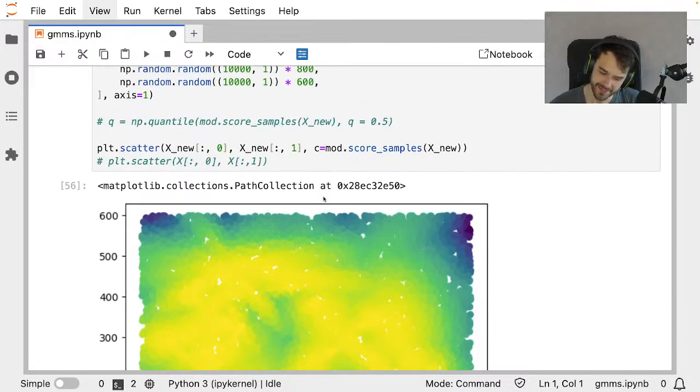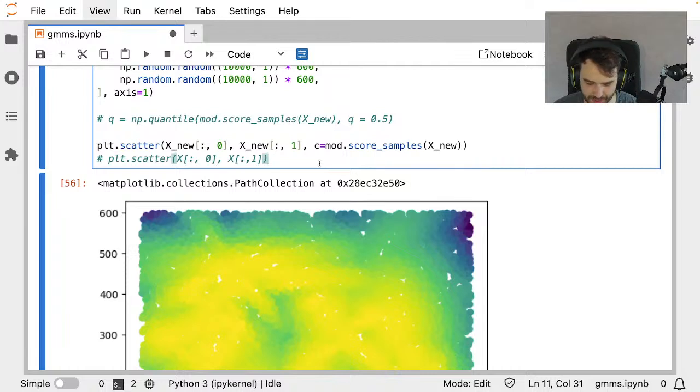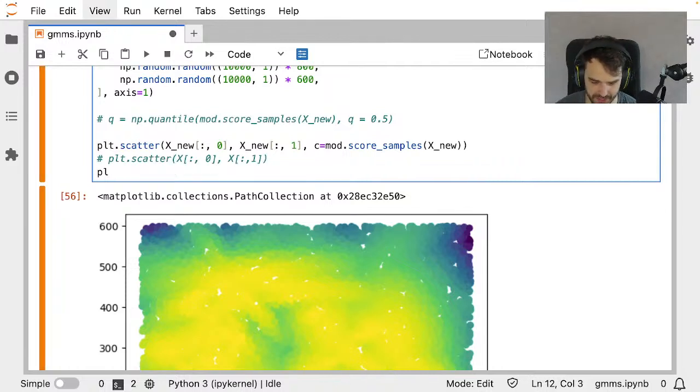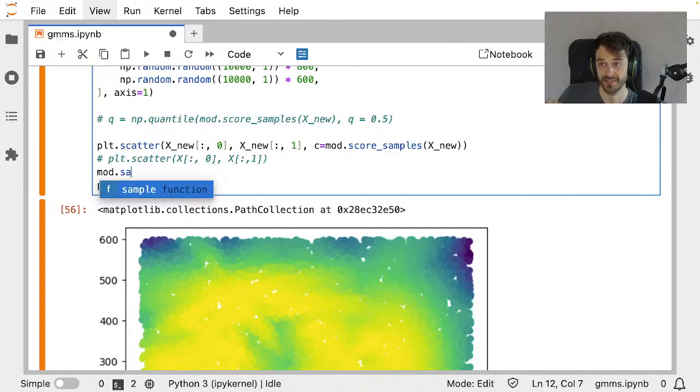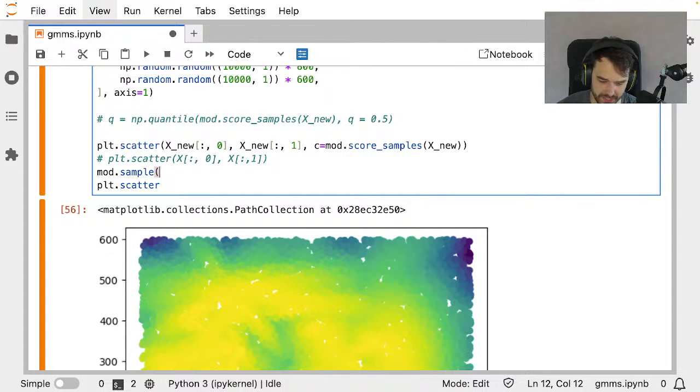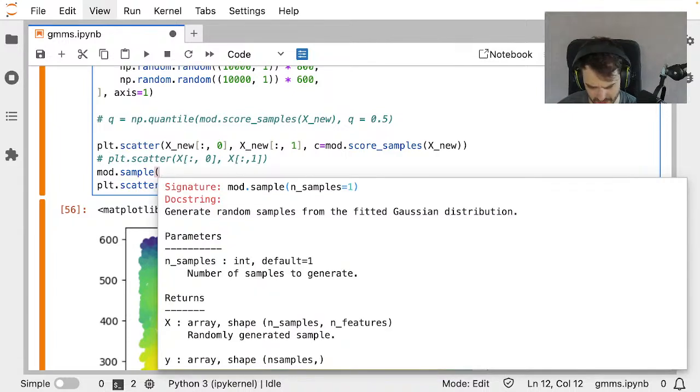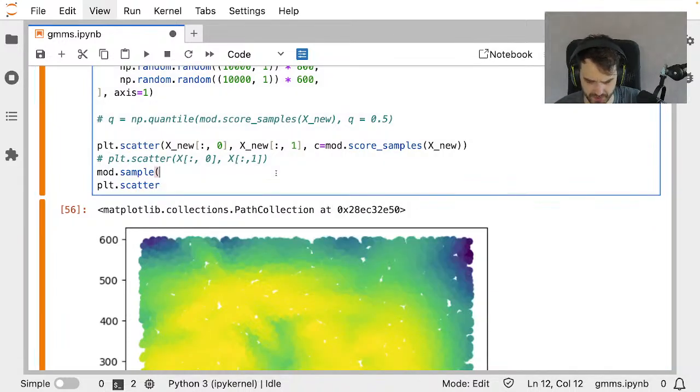And there's actually something you can do that's kind of cute with that. So one thing you could do, we could call plot scatter one more time. But in this case, this is also kind of rare for a machine learning model to do, but you can ask the Gaussian mixture to sample new data. So just as a fun thing, let me double check the docs there, like sample. Yeah, I just have to give it the number of samples to pick from. So I'm just going to go with like 1,000 data points, let's say.